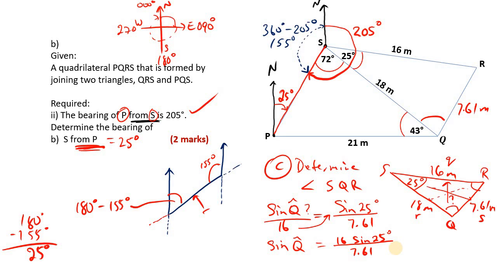For those of you who have a calculator that doesn't have the dual display, you probably need to put 25 first, then press sine. It gives you some number, then multiply by 16, and then press equal. You see 6.761892, etc. Then you're going to divide that answer by 7.61, and you're going to get this number,